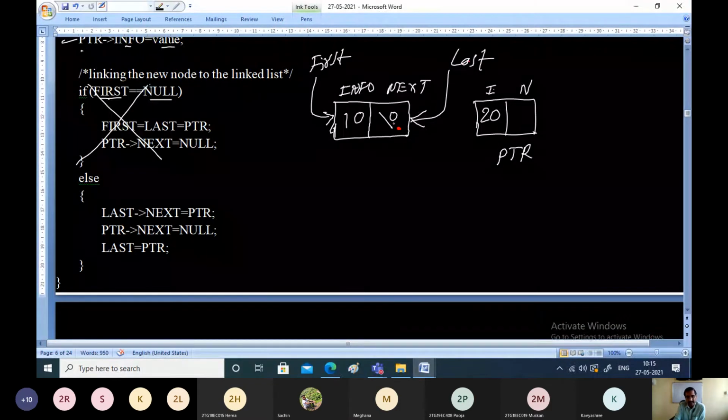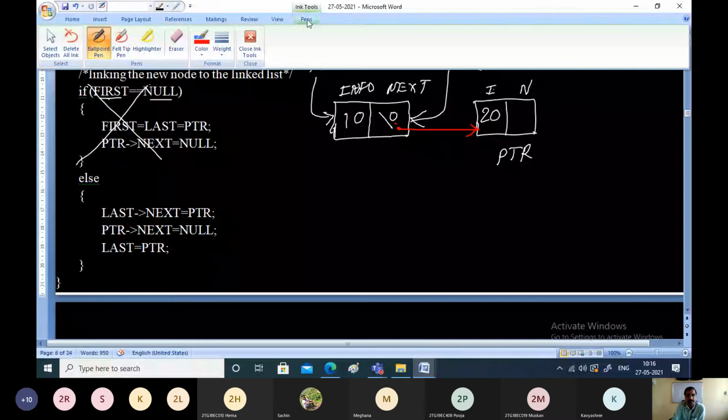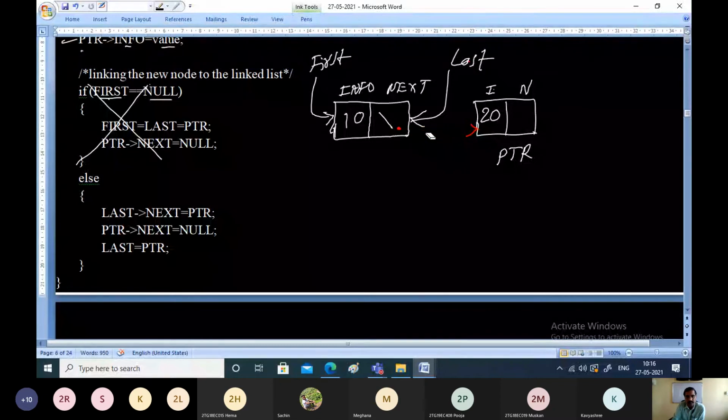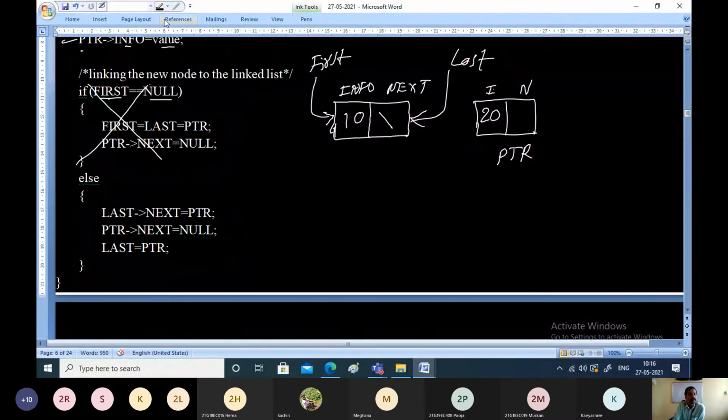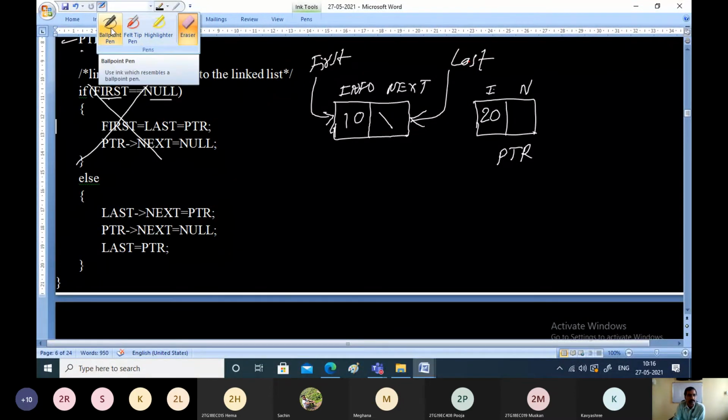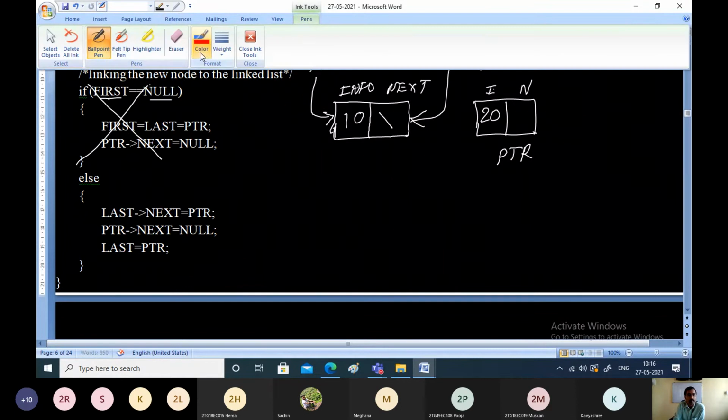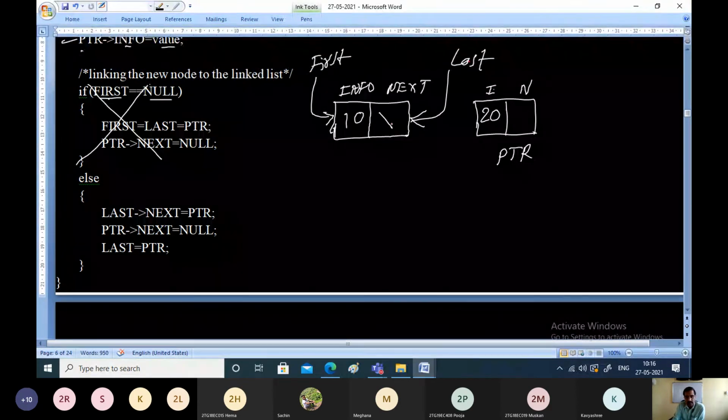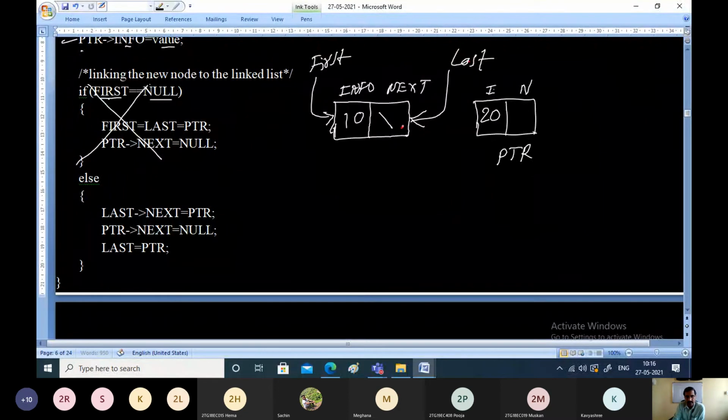Take last pointer next and make it point to PTR. That is one statement. What is the next statement?